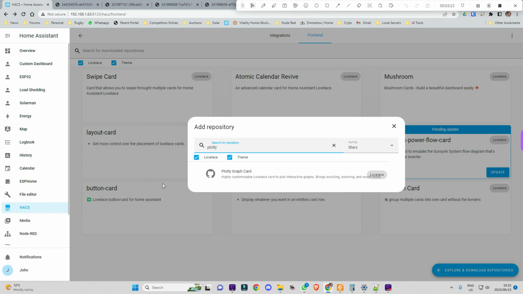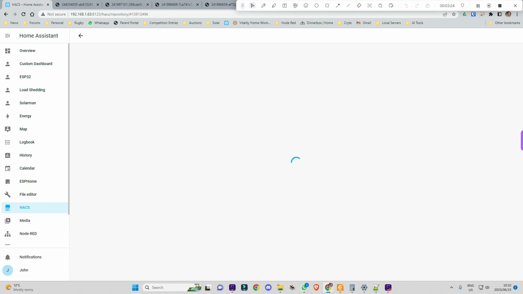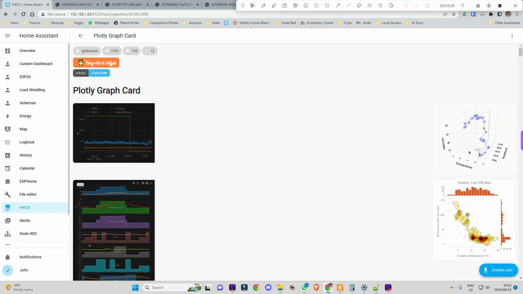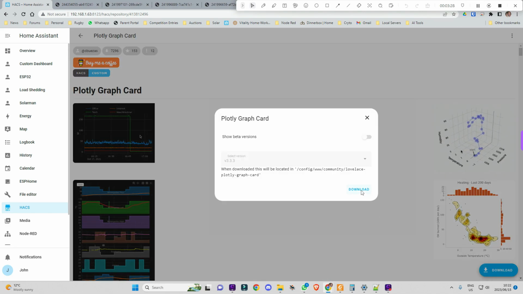We also want to put in Plotly graph card and then Apex charts card as well. Once that's done,